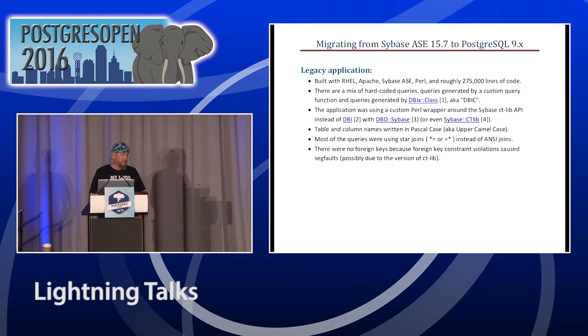Initially, this application was using Sybase's CTlib API with an in-house Perl wrapper around it, instead of the normal means with Perl of using DBI and, say, DBD::Sybase. The table and column names are all mixed case, Pascal case, I guess you would say. And most of the queries were using comma joins with the funky asterisk-equals and equal-asterisk star joins that